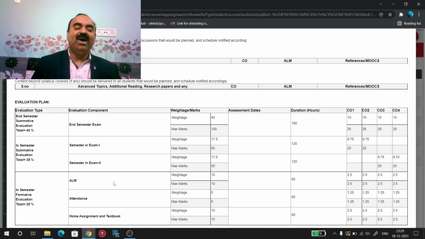This is how the evaluation plan will be in the different courses. Generally, there will be the same evaluation plan for all the courses, but for a few courses, the evaluation plan will be different. For a course in which you have a practical component, the evaluation plan will be different. In this semester, in the integrated professional English course, you have a practical component. Let us now see what the evaluation plan is in the integrated professional English course.